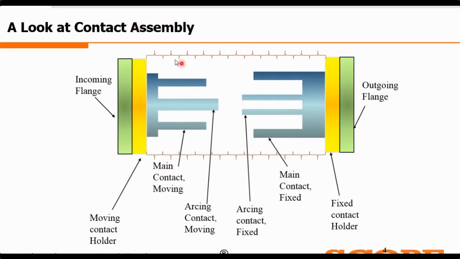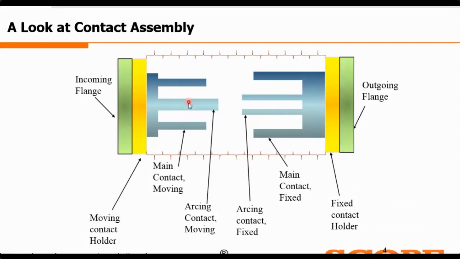As you know, each of these flanges has a set of main contacts and arcing contacts. So here we have the main moving contact and main arcing contact. This is the main moving contact, and in the outgoing flange it is the same, with the fixed main contact and the fixed arcing contacts here. Now generally, while we are doing the DCRM, the circuit breaker is in close-open condition, but here the difference is that the circuit breaker will be in fully closed condition. So while you are doing the CRM, the circuit breaker is kept in closed condition.